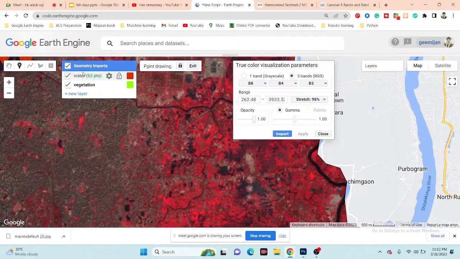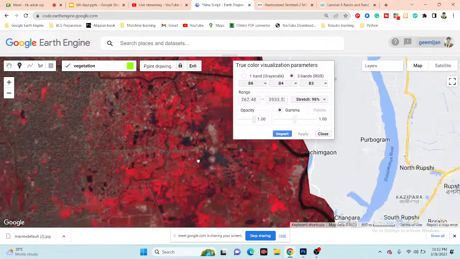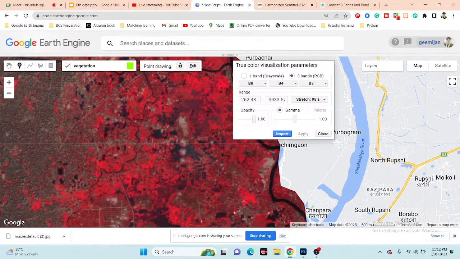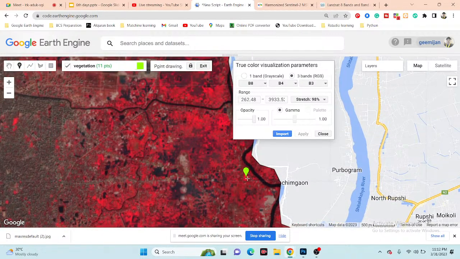You can see I use this band combination, near infrared, then red and green, and I can easily find the dense vegetation. So I take this training point from here, dense vegetation. You can simply take training points from this dense red color. Suppose this is the vegetation,